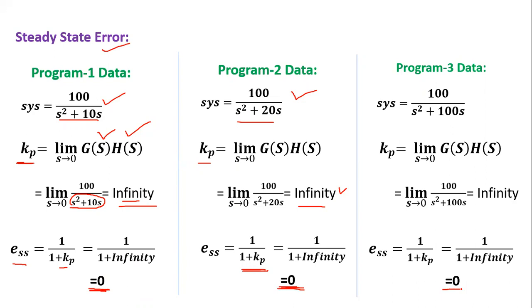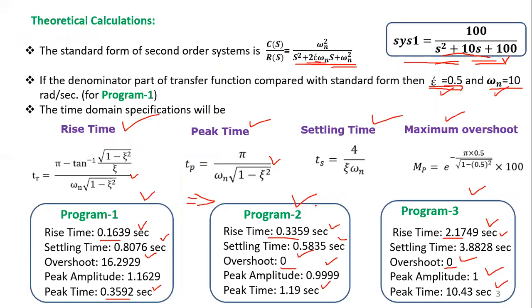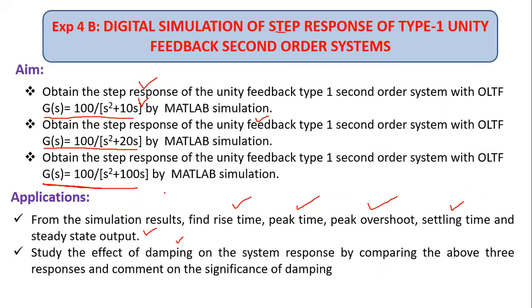The steady state error being 0 means the final value will be 1. The final value of output when time t tends to infinity is 1. Only output 1 we are getting. This is the theoretical calculation part. Once the theoretical calculation is over, now we need to write the programming for these three